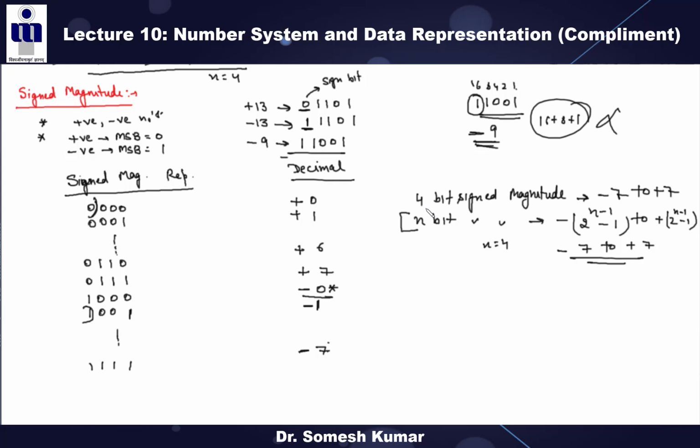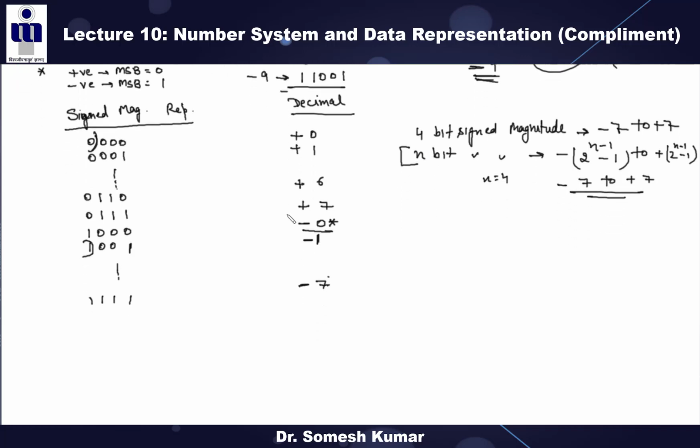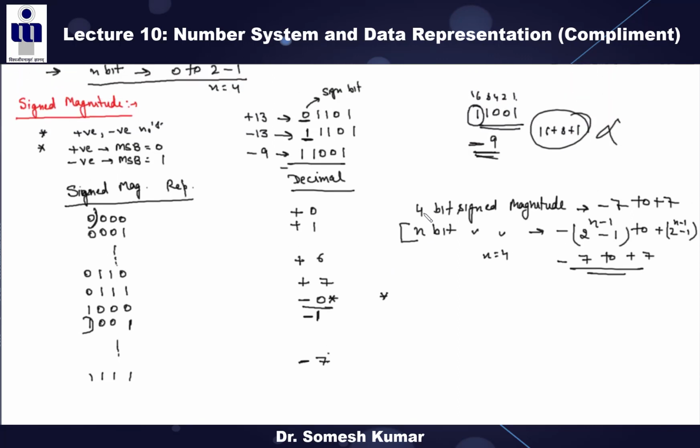In the sign magnitude, there is one more important statement. If you want to extend the bits of that number, for example, this is -9. If you want to extend the number of bits, then simply, in the sign magnitude, to extend the number of bits, insert 0 between the sign and the magnitude, right? So this is your sign bit and this is your magnitude bit. Insert 0 in between. It will not affect the value.